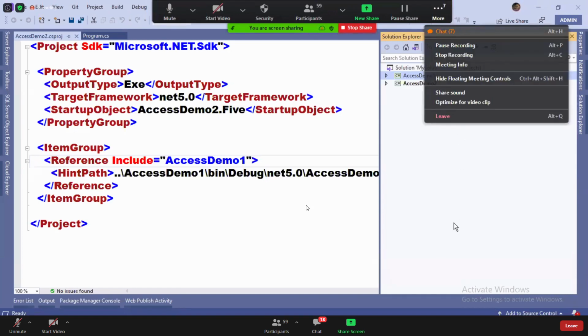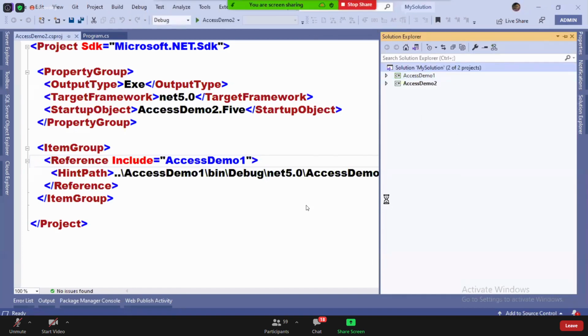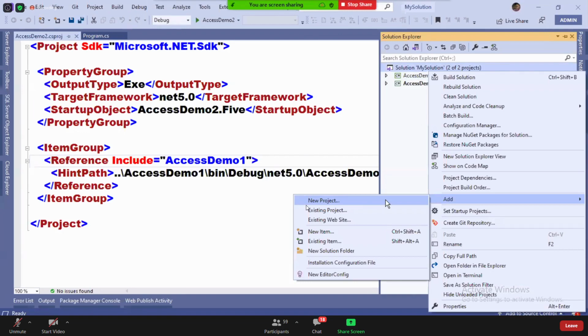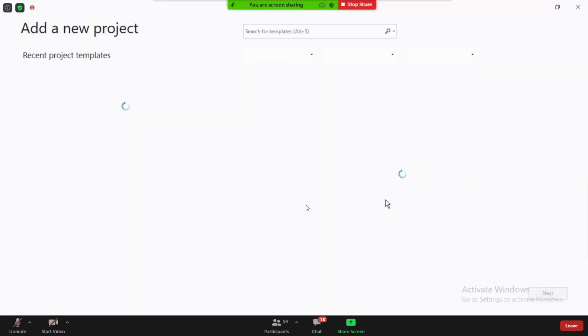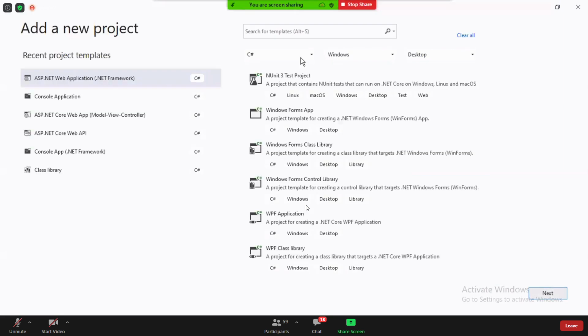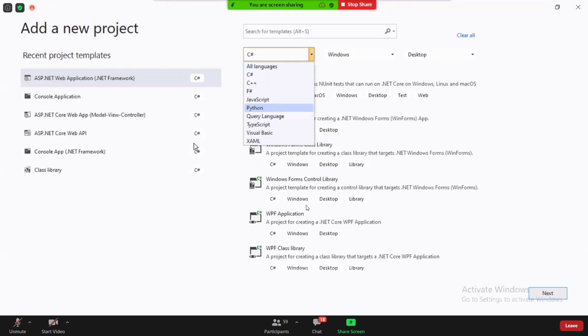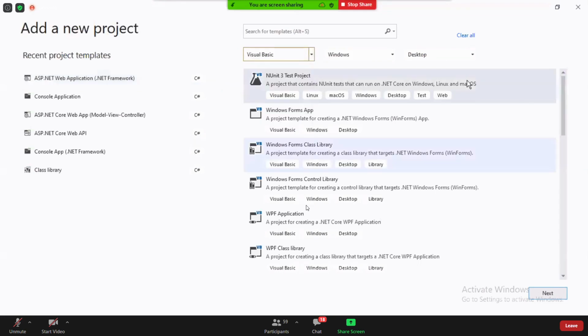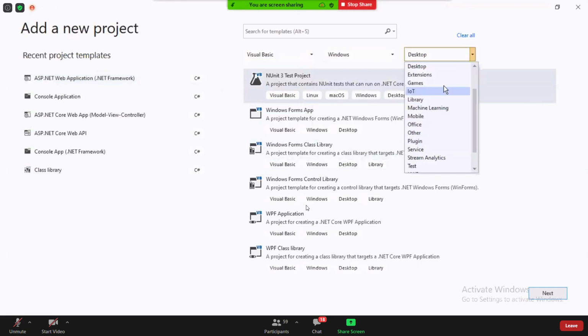So let me add a new project in this. New project. Selecting VB, again console.